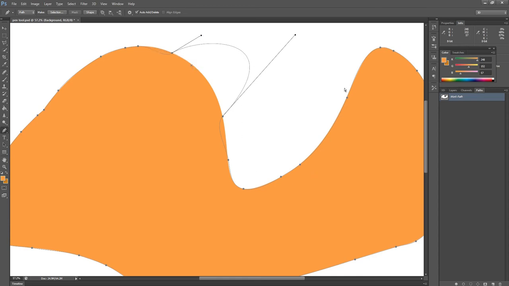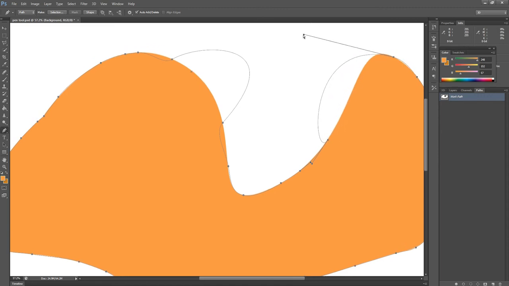the paths. We can also add and delete nodes. Just click on one place and we can add a node, and just click on any node and you can directly delete it. So it's very easy to delete and add nodes, and we can change the shapes very easily. Now I have changed the shapes.